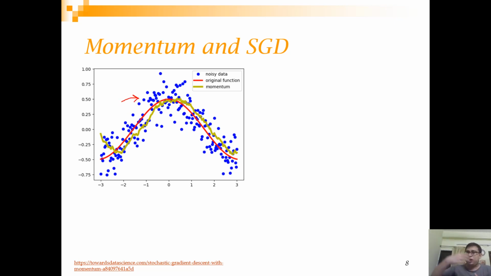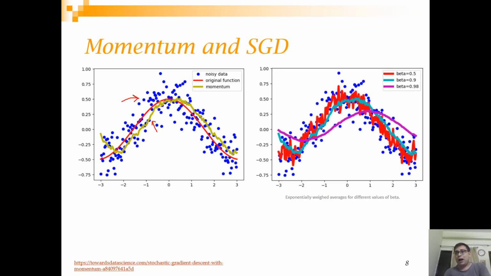If you just apply this exponential moving average technique, then you will get a curve something like this, and you see it is much smoother than what we had in this blue constellation of points. So basically for SGD, momentum can denoise or smoothen the gradients quite a bit. It has different effects for different values of beta. If beta is 0.5, it is quite noisy. If beta equals 0.9, it has smoothened out quite a bit.